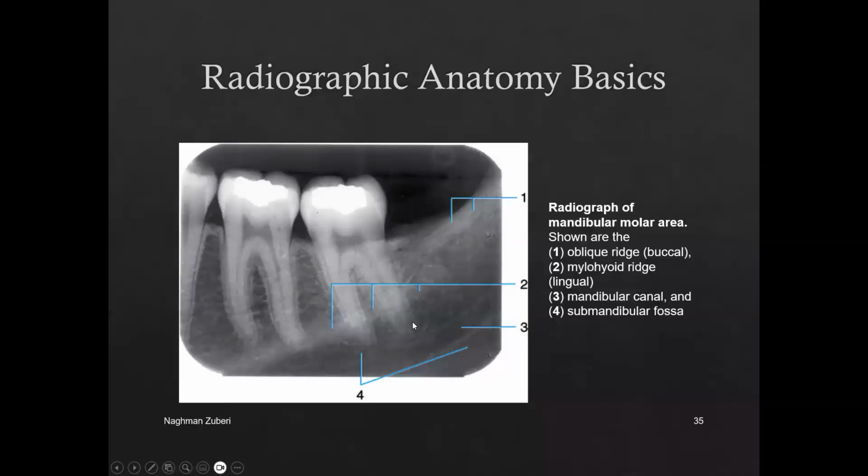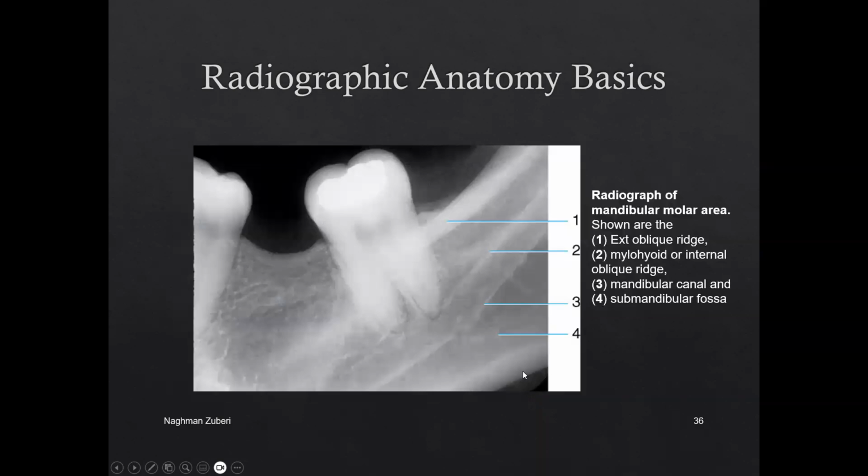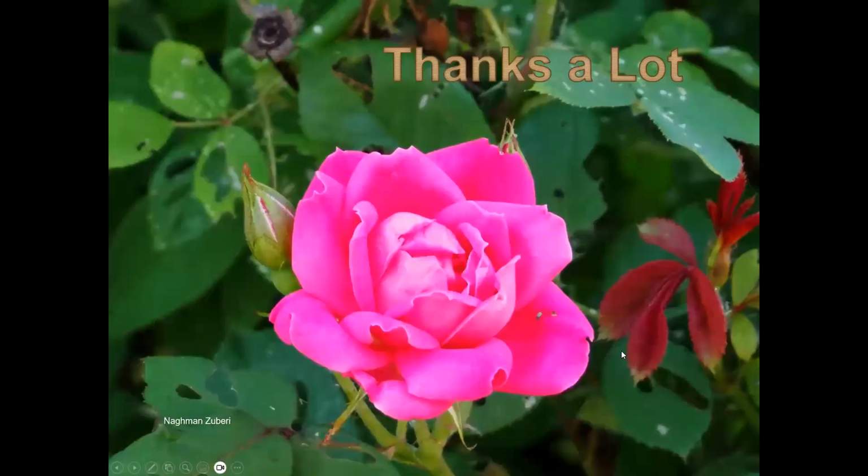Another mandibular region, you can see, as I told you about the crestal lamina in healthy, just 2 to 3 millimeter below the imaginary line. This is the submandibular fossa. This is the inferior alveolar canal. Another one. Here the inferior alveolar canal is in close vicinity of the molar. External oblique ridge, space loss due to extraction of the tooth some time ago. So over here, we are done with this lecture, and hopefully it's going to help you in your